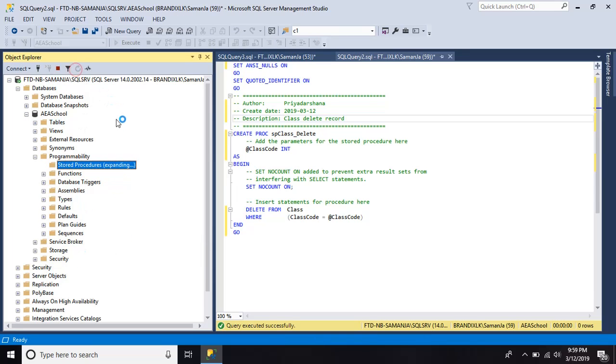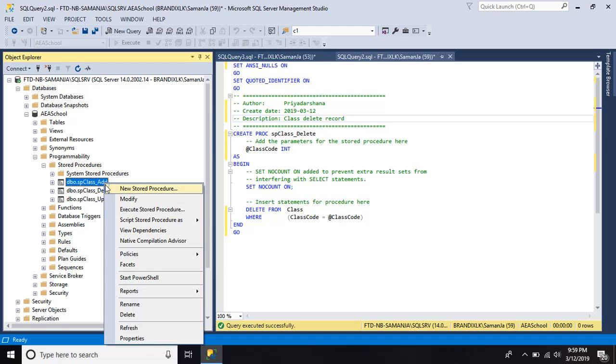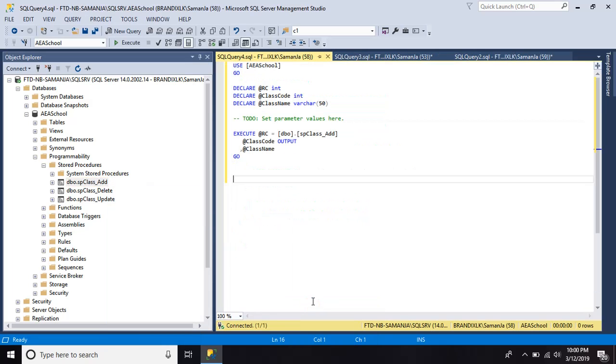In order to test this one, we have to go to the specific stored procedure and right click. It will prompt this menu. In that menu, we have to go to script stored procedure as, and there's an option called execute to and new query editor window, and it will generate this execute command. So in here